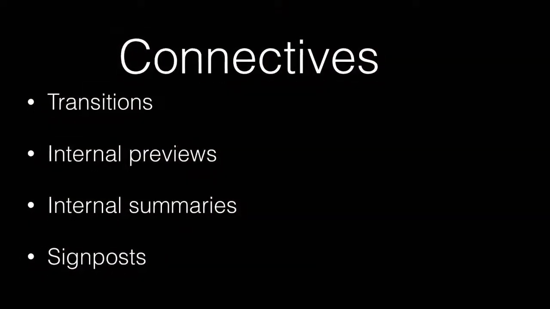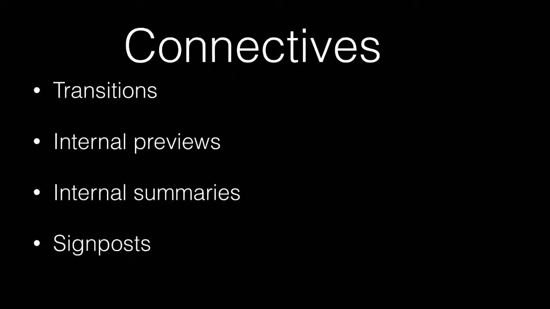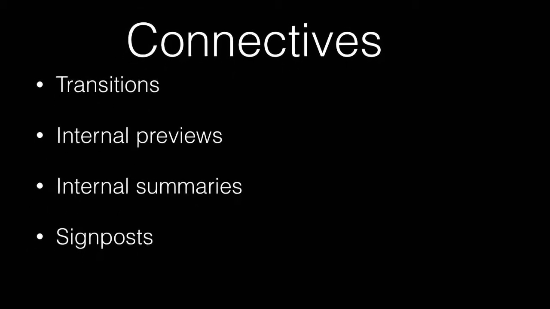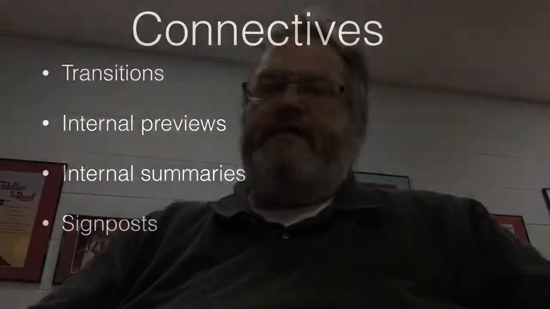Now, these main points of your organization have got to be tied together. There's got to be something that gives a sense of continuity and flow. And the thing that does that are connectives. Our textbook talks about 4 different types of connectives or word structures that are used to link ideas together. The first are transitions. A transition is any word or phrase that is used to signal that one section of the speech is over and that we're moving on.